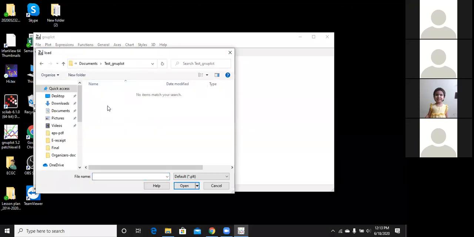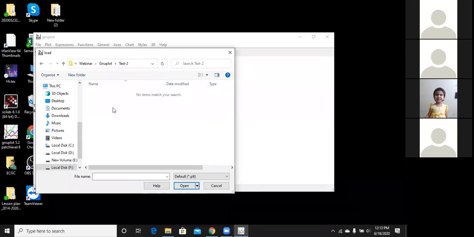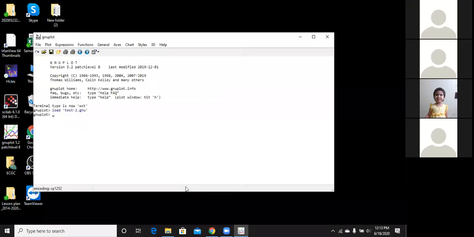Oh sorry, not this one, it was here. I'll select all files. You want this, right? Yes. Open. It will not give anything because there is nothing written in that .gnu file.